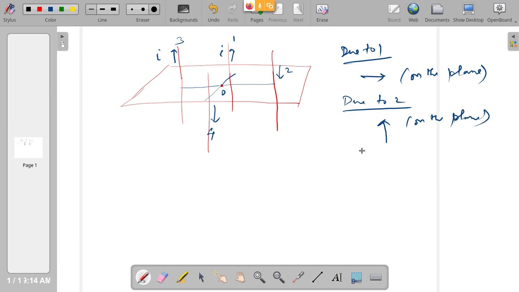It is on the plane only. If the current is perpendicular to the plane, the magnetic field should be on the plane. So we are writing B due to 1, direction alone. B due to 1, B due to 2. Similarly for due to 3,